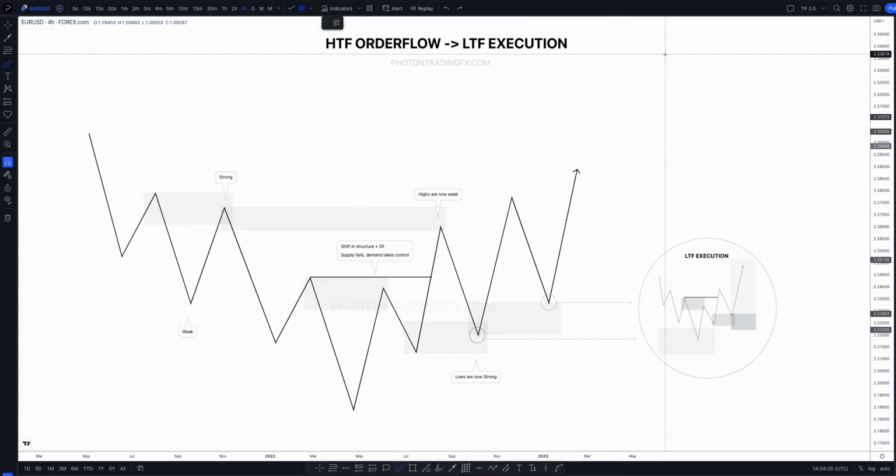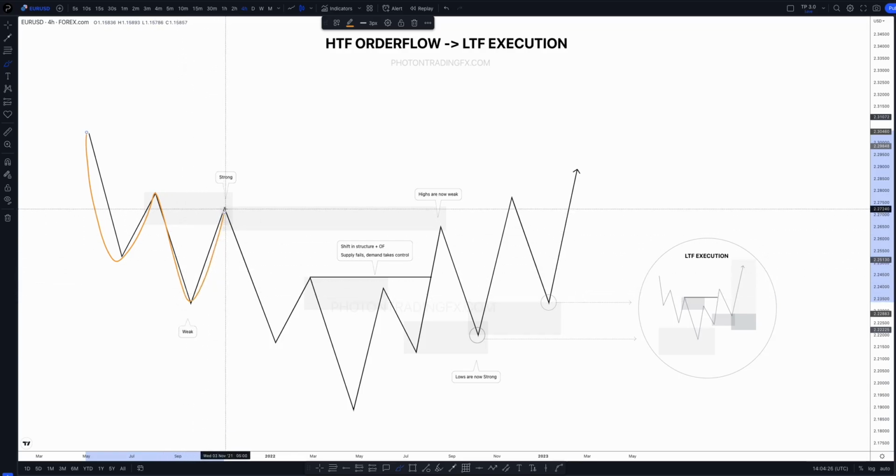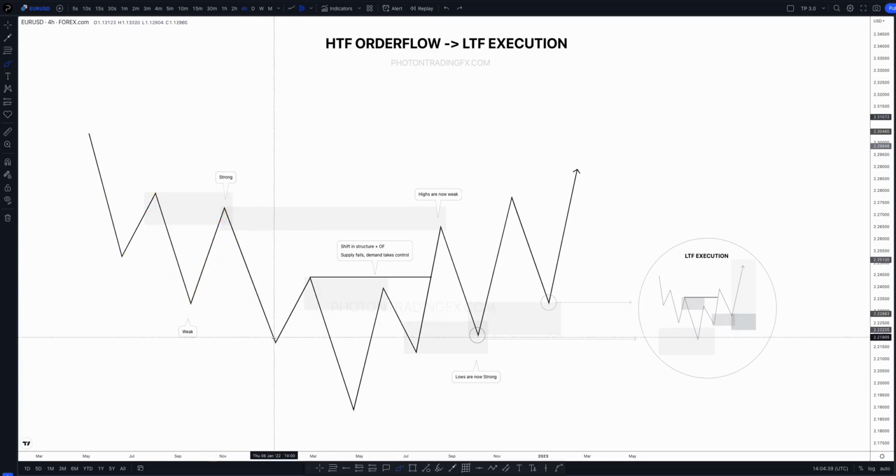So as you can probably see with this diagram here, this is as simple as I can make it. Let's say we're trading with just two time frames, right? You've got your higher time frame, whatever one you pick, and your lower time frame. The general idea is, if you're just thinking about one time frame and we see that price is bearish, we know that supply is in control, the lows are weak, the highs are strong, because they're breaking structure, so we expect that to be respected. We can look for shorts in supply and we can target these weak lows. We expect demand to fail, and so on and so forth,